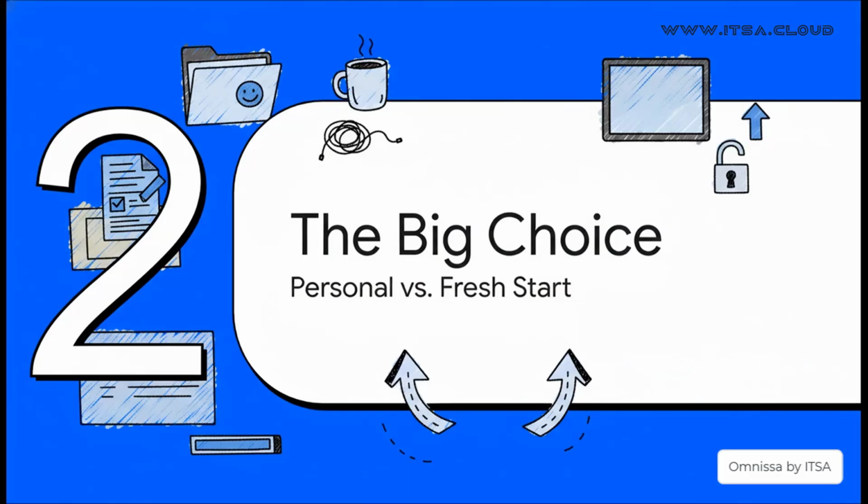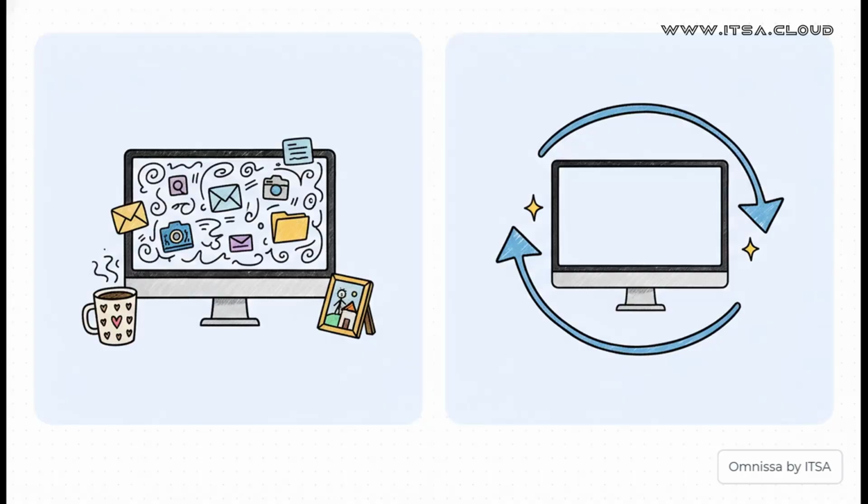Now, this is where it gets really interesting, especially for the person using the desktop. See, not all of these digital desktops are created equal. The biggest choice an IT admin has to make is about something called persistence, and it really just boils down to one simple question. Does your desktop remember you after you log out? On one side, you have persistent desktops. Think of this like it's your own personal office. It's assigned just to you. You can hang pictures on the wall, install your own software, leave files all over your desktop. When you come back tomorrow, it's exactly how you left it.